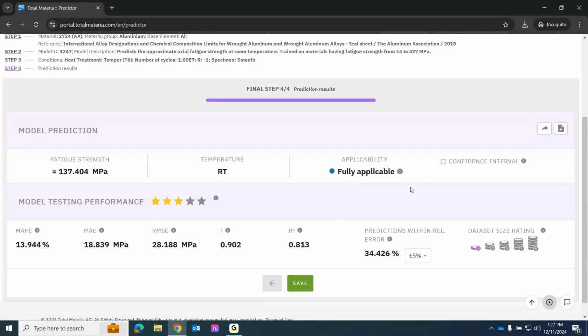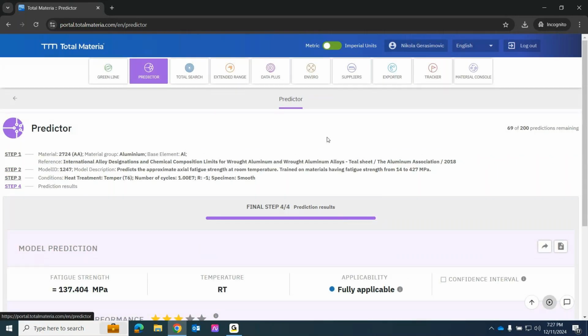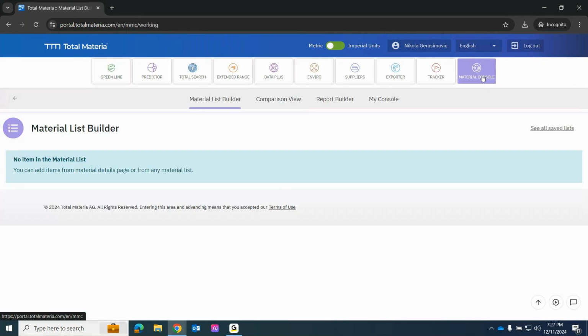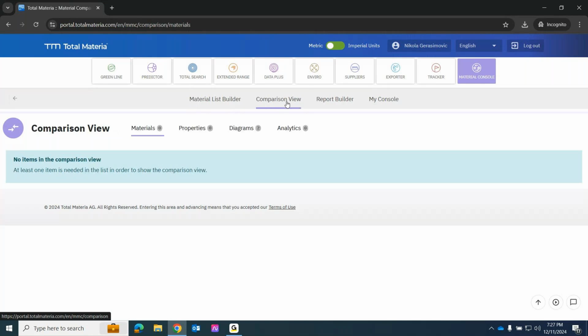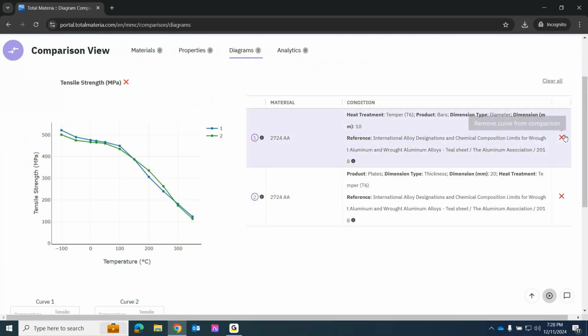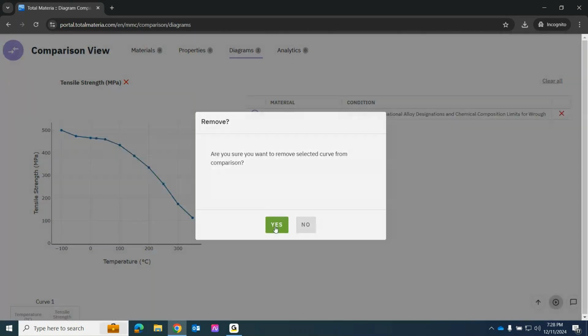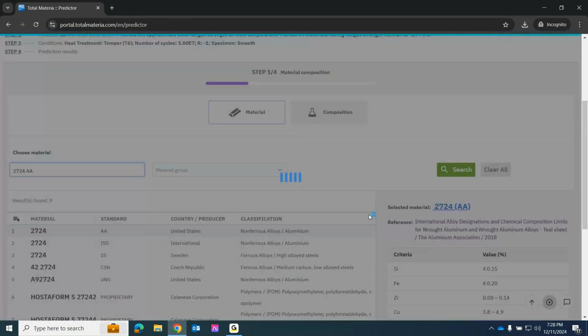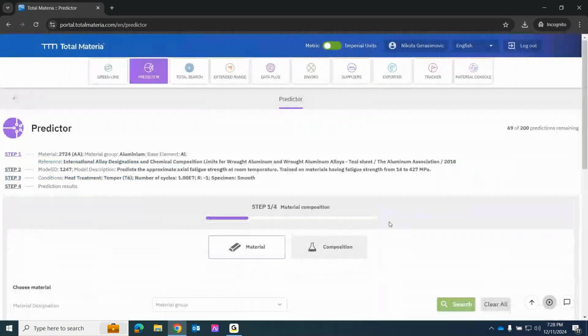And now something else that I also wanted to show you guys, since I did mention that you can predict from a material basis as well as the chemical composition. So if we go back to step one, and let me actually just go to Material Console to show you where you can view these diagrams. If you go to Comparison View within Material Console, just go to Diagrams, and here you can find them. And let me just go ahead and delete this so it doesn't create any confusion for the diagrams that I'll add later. So clear all,